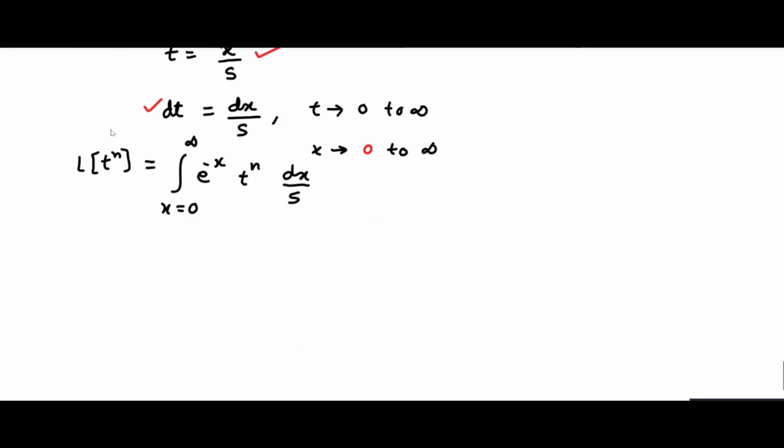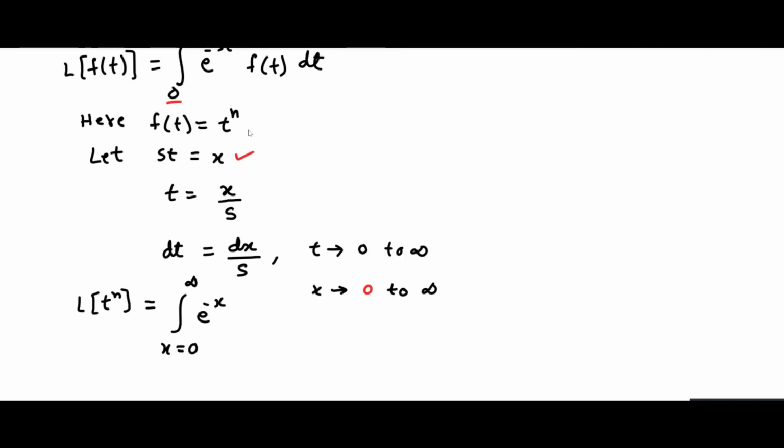So further, if I take that s outside, it becomes 1 by s times the integral from 0 to infinity of e power of minus x f of t. But we know the value of f of t is t power of n. What is the value of t over here? The value of t is x by s. So it should be x by s whole power of n. Therefore, in place of f of t, I can write x by s to the power of n